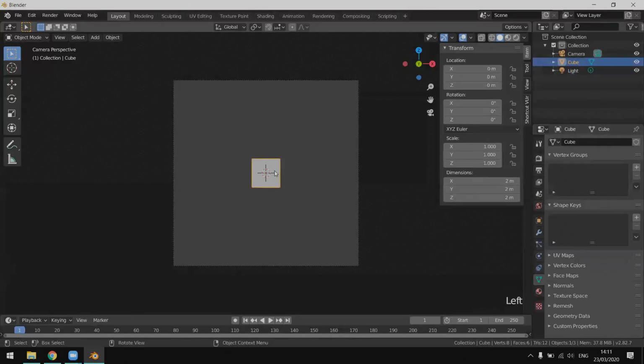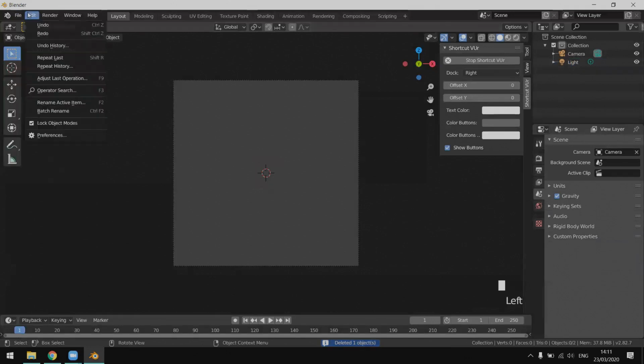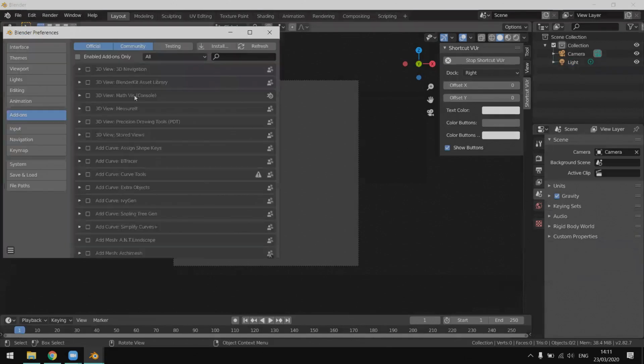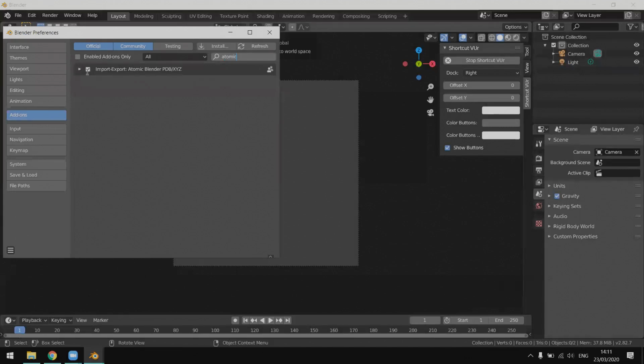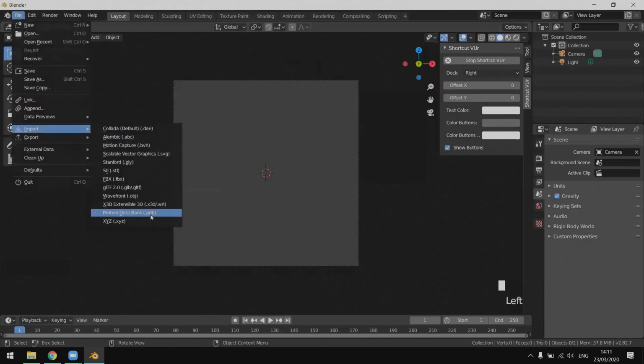So now let's replace the subject with the molecule that we made before. In order to delete this box, we can just press X or Delete. To import a protein database file, which we saved before from Avogadro, we need to enable an add-on, which is called Atomic Blender. You can find it here. Normally, the first time you open Blender, it's unchecked, but when you check it, then you should be able to go to File, Import, PDB,